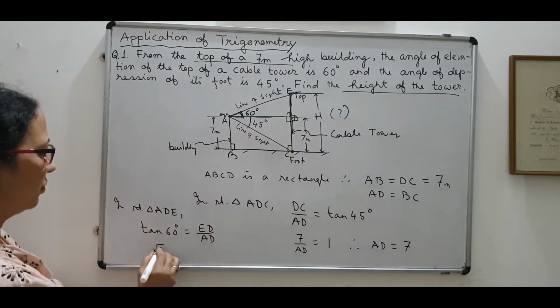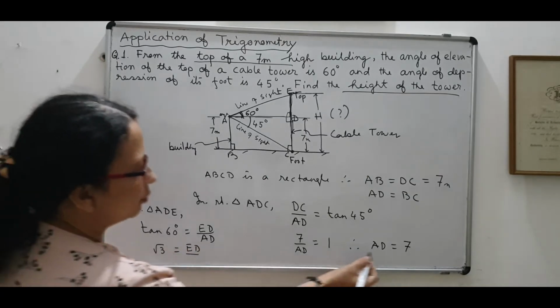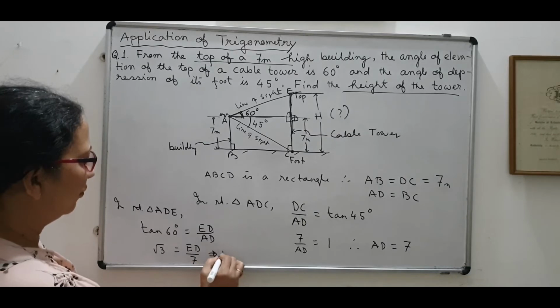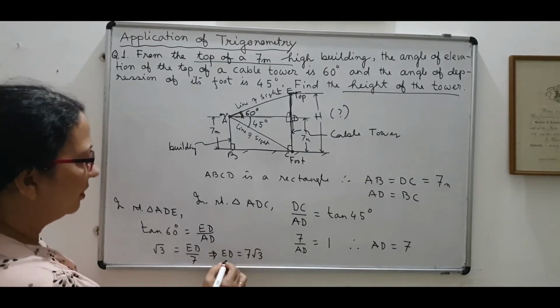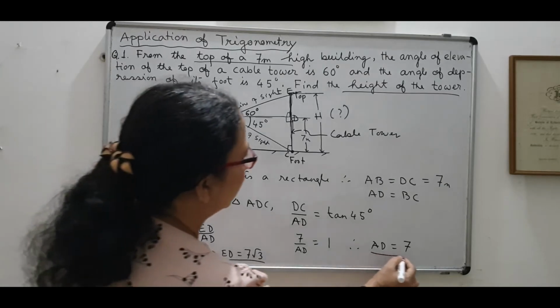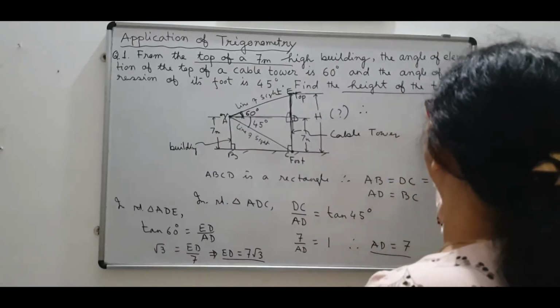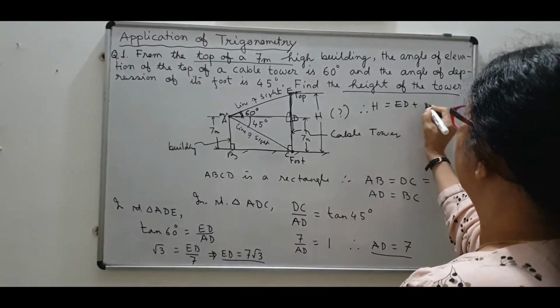Tan 60 is root 3, ED we have to find out, and AD we have found to be 7. So very easily we get the value of ED to be 7 root 3. ED is 7 root 3, AD is 7, therefore this height, therefore answer, I am getting the height of the tower H is your ED plus